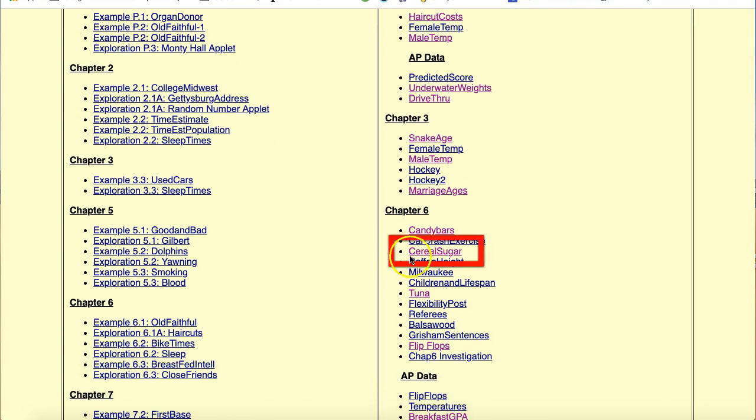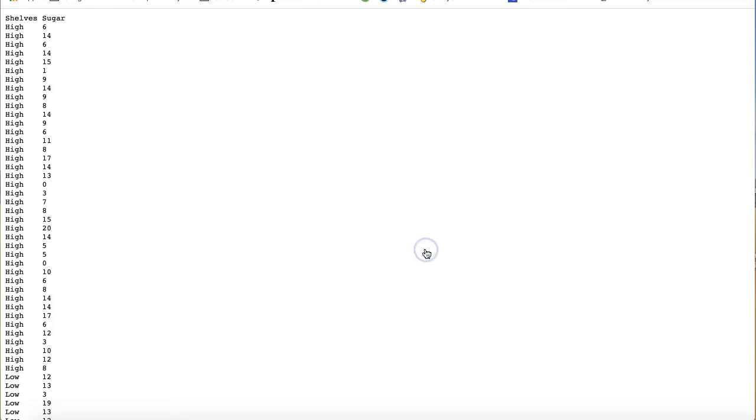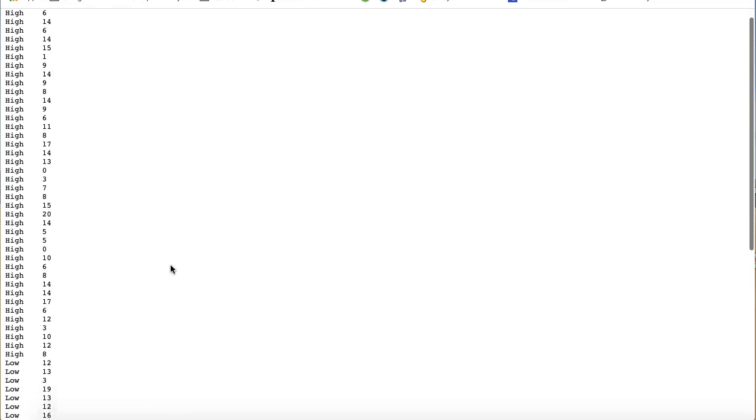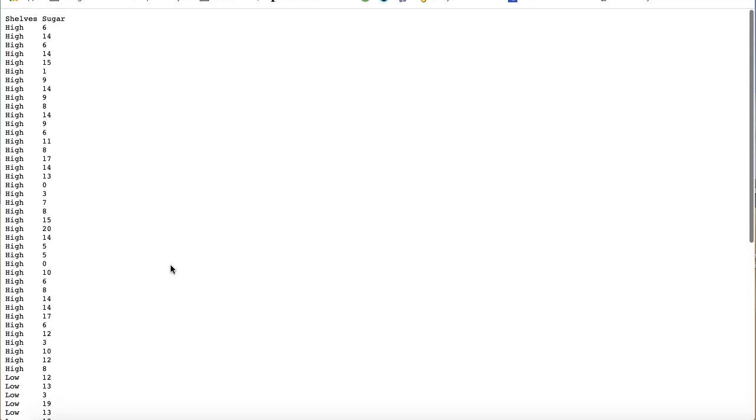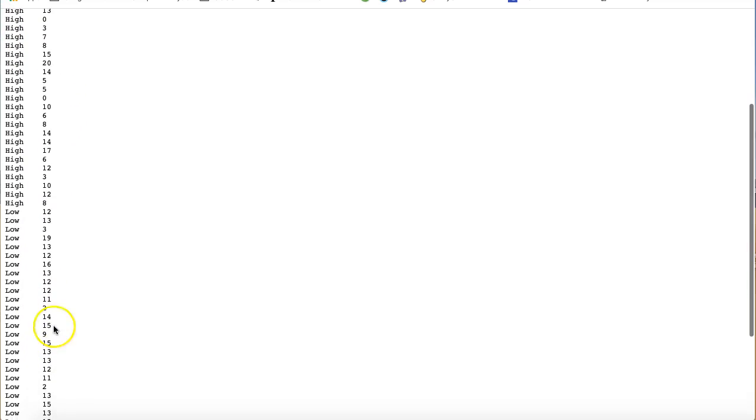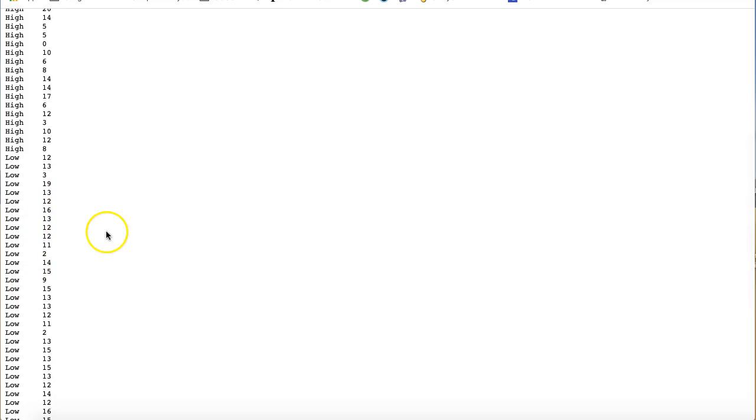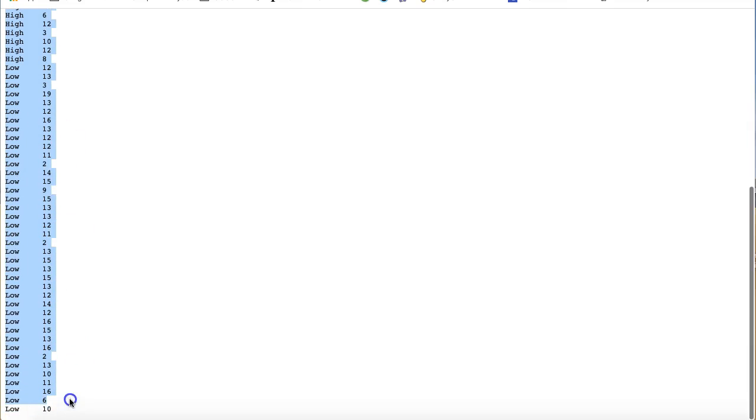And let's scroll down to the cereal sugar in Chapter 6. And what they've done with this data is they looked at the sugar content and found that sugar on high shelves had these contents, sugar on low shelves had these contents. So I'm going to copy all this data, but not the shelves or the sugar title. I'm going to copy that,